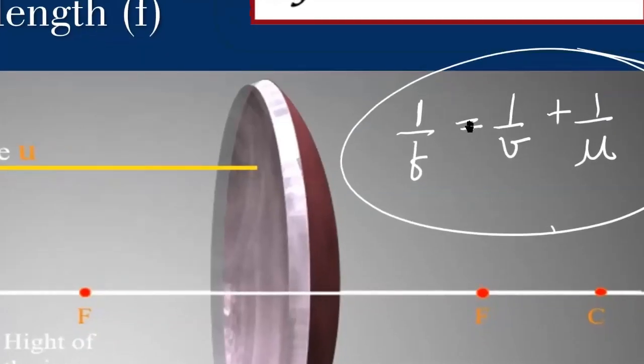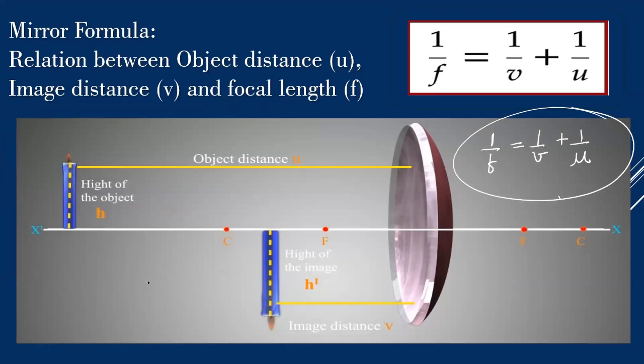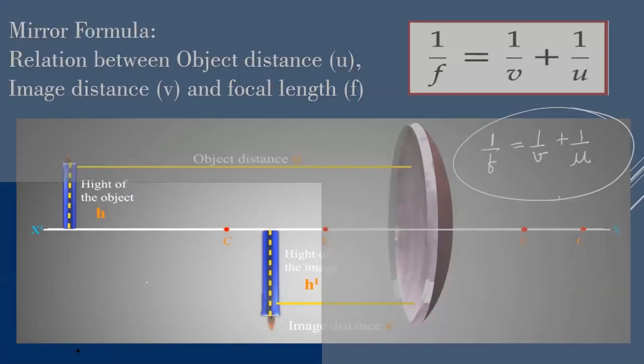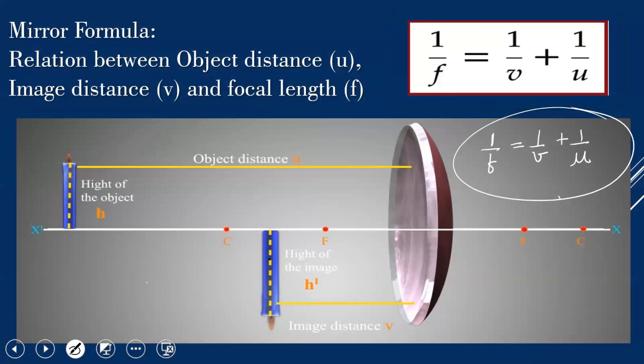Very, very important. You just have to imprint it in your minds, because all the numericals, the sums, the questions are going to be based on this formula. Again, 1 upon f is equal to 1 upon v plus 1 upon u. The same type of formula is there in your lenses part, the only difference being that instead of plus it's going to be minus. In lenses also you have focal length, image distance, and object distance, so it will be 1 upon v minus 1 upon u, that we'll study in the next episode, right?